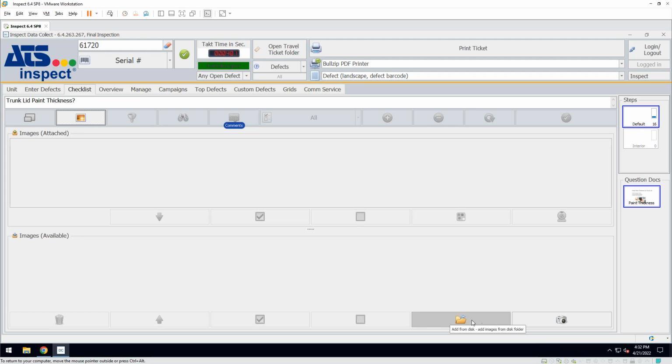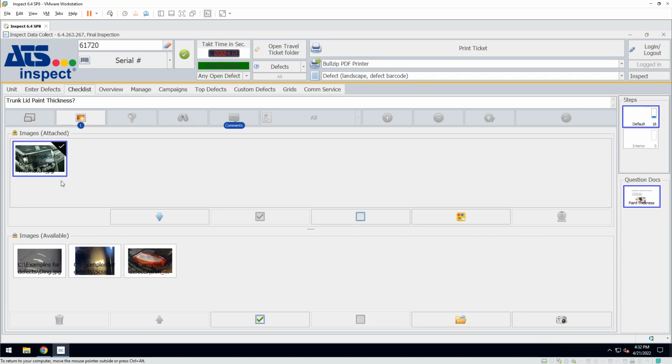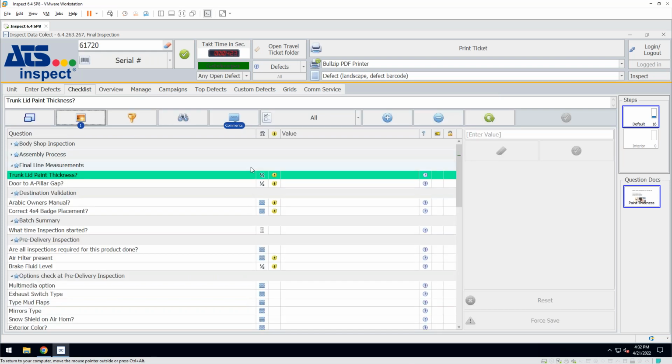As an example, I can also get the images from a specific folder on the device. So that's what I can do here. And let's say that I found an issue in the interior. I'll do a quick markup of the issue that I found. Let's say that there is an issue over there. I'll save that, and